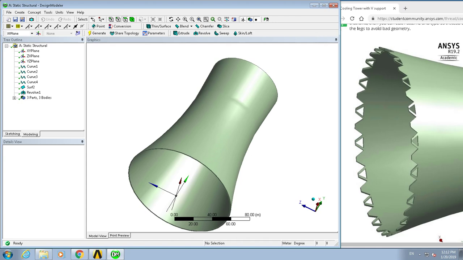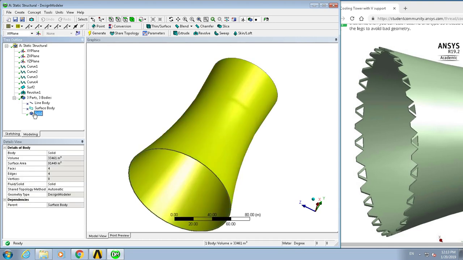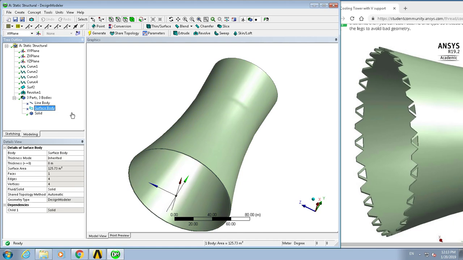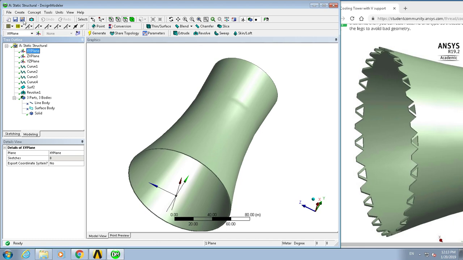I'm a member on the Answer student community, and there's a question on how to cut these lattice work on the bottom of this tower in DesignModeler, and this is DesignModeler 18.1, and the existing solid body is ready, and there was some other construction geometry used to create that, which is in the X-plane, but I'm going to look at the XY plane and create a new